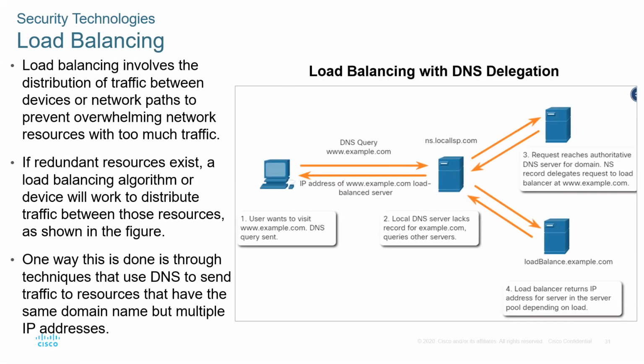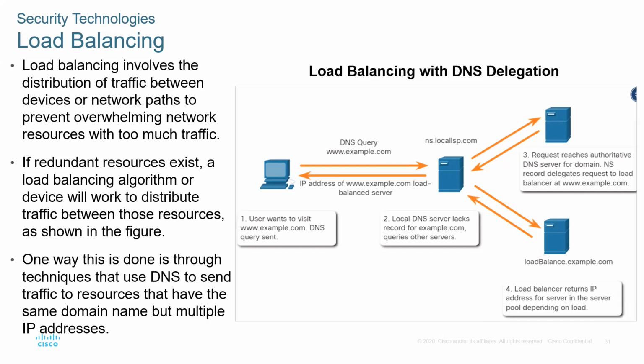We talk about load balancing in terms of security. This involves the distribution of traffic between devices and network paths to prevent overwhelming network traffic and resources, commonly used for web servers, but they can also be used for DNS servers. If redundant resources exist, then a load balancing algorithm or device will use them to distribute traffic between those